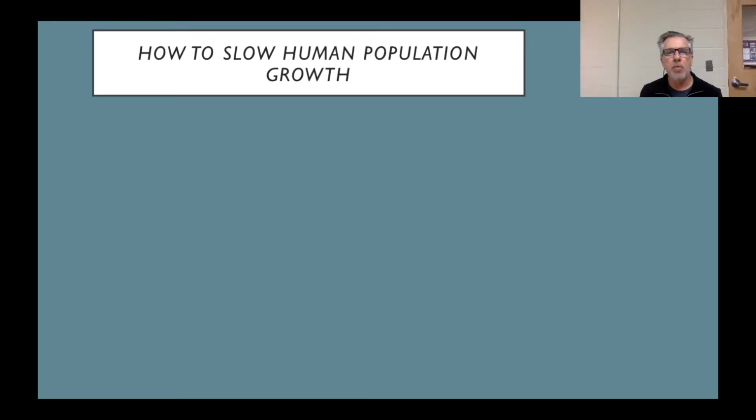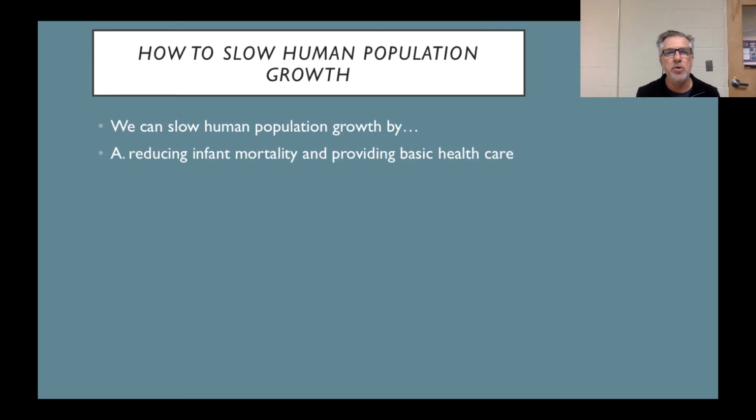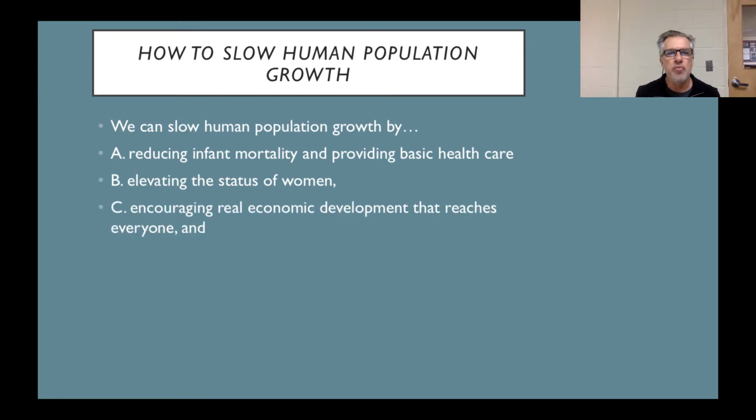So by now, you all should be thinking that you can see how human population growth can be slowed down. As you would expect, the kinds of things we as a global society need to do are reduce infant mortality and provide basic health care for everyone, elevate the status of women around the world and support the increased autonomy of women, encourage real economic development that reaches everyone, and encourage the